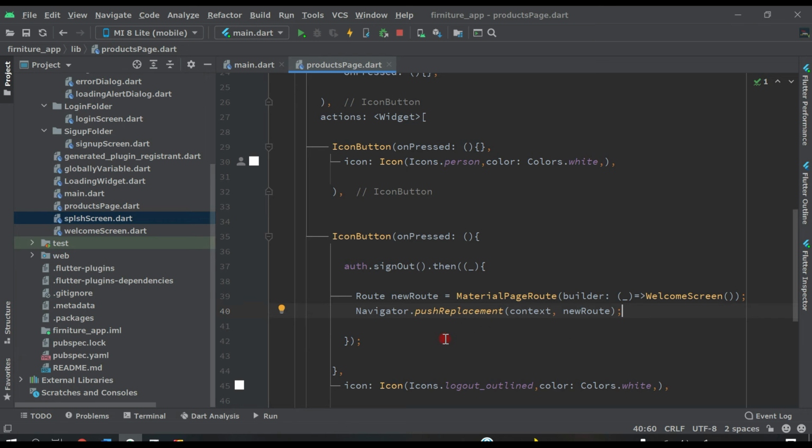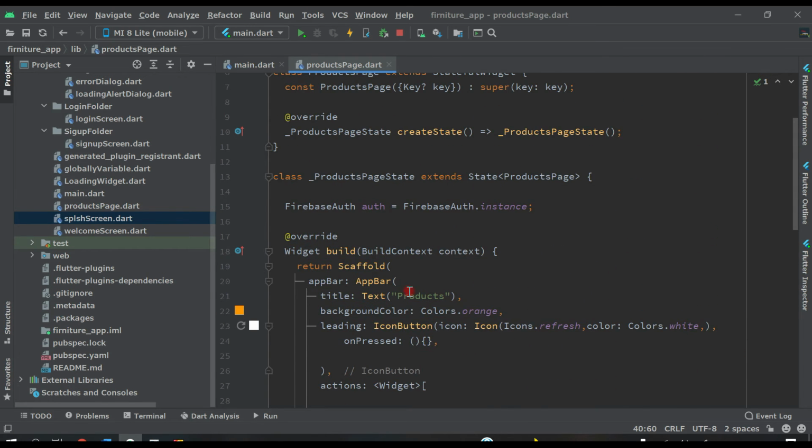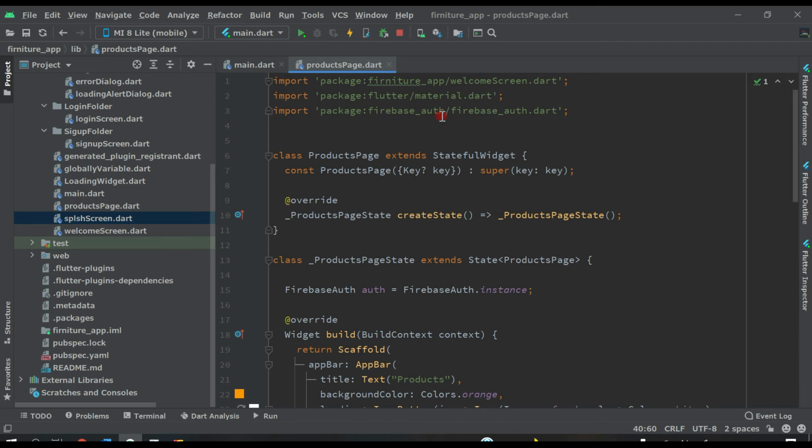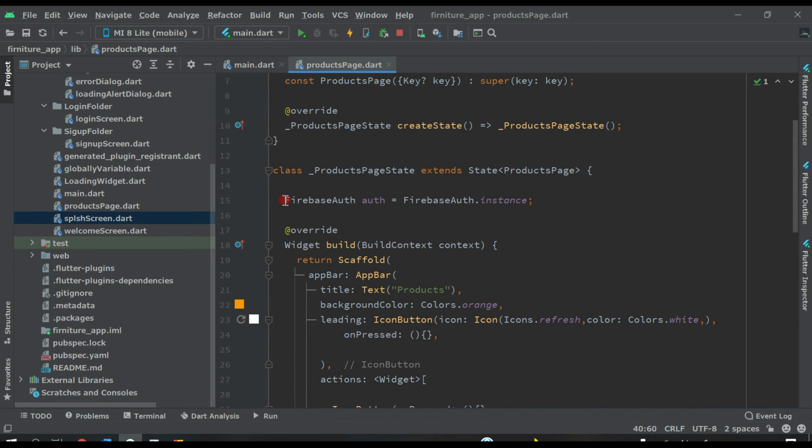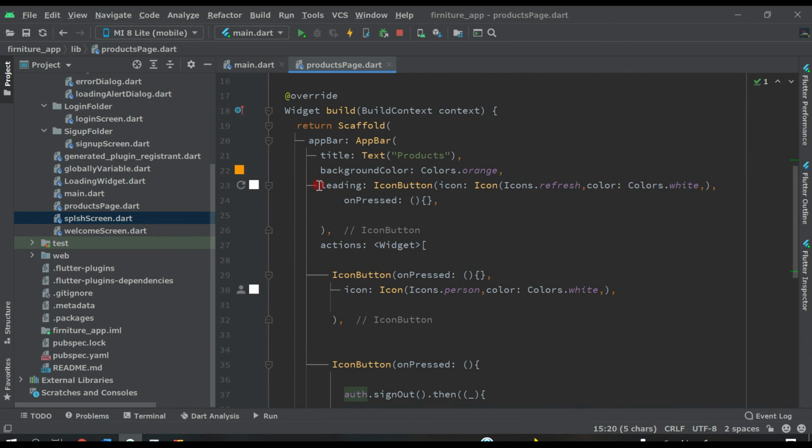So guys, let me tell you what we did here. We imported this Firebase auth package. After this we declared this instance, and this is our variable, and then we gave this leading icon for refresh. When the user clicks on it, our page will be refreshed and the latest posts will be displayed on the top.